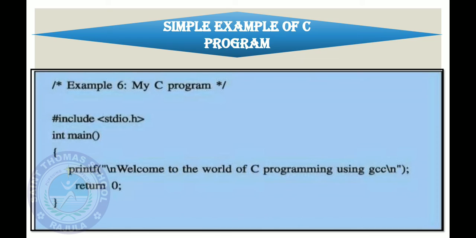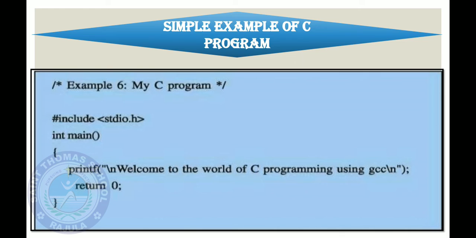Then after, this int main, this is our main function. Then after the opening curly bracket, then our simple message. Through printf you can print anything on a screen. Okay, so this printf function is an inbuilt function that is not created by us. Means the coding of this function is done in this stdio.h file. That is why we have included this file over here, and that is known as a header file, and every header file has the extension .h.